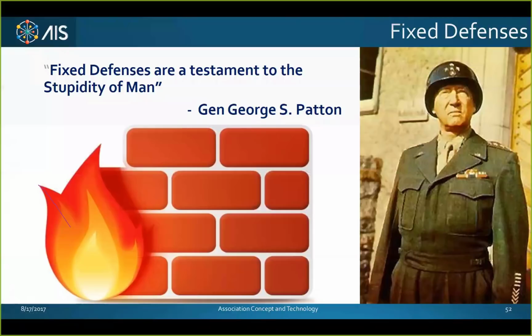Everything that we have today in the world, everything that we use in terms of computer systems, is essentially a fixed defense. I put our friend General Patton over there because I love this statement: you can't catch a moving target. But if I know what IP address you are, I know what location you're at, I know where your data point of entry is, I will shut you down. Hence the ransomware world that we are familiar with. They know where you are, and as long as they know where you are, they know what your defenses are, they will breach them or they will make them impossible to use. And that is why they have been getting away with this.